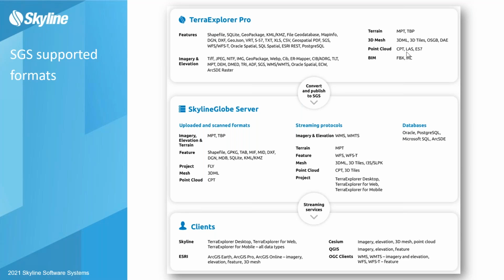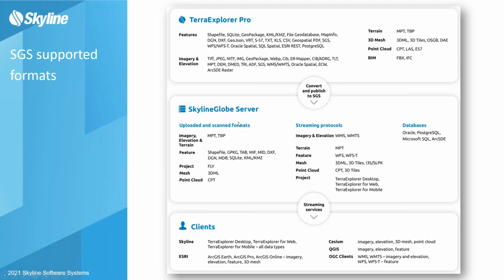We can also take point cloud data from different sensors like LAS and E57 and convert them into our proprietary optimized multi-resolution CPT format and different beam data. So as we said, we take all this into Terra Explorer and then we push it into ScanGlobe server. So Terra Explorer does all the optimizations and the preparations that are needed to take any type of these Terra Explorer supported formats and put them into a format that is efficient for streaming. So there's a client-side optimization, and then the Terra Explorer itself pushes the data into Skyline Globe server where we